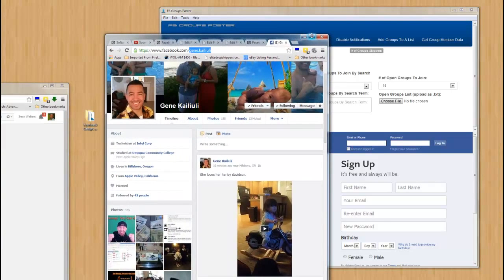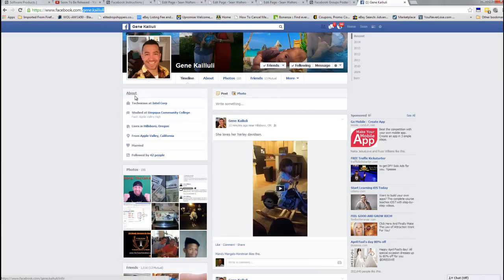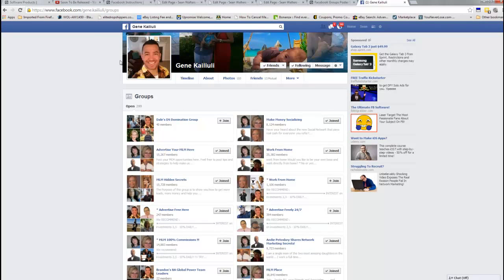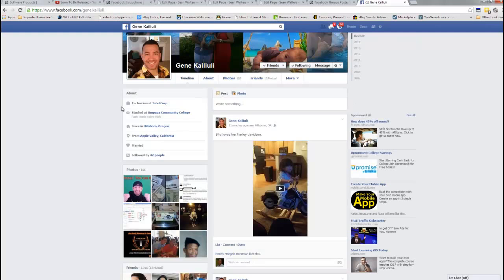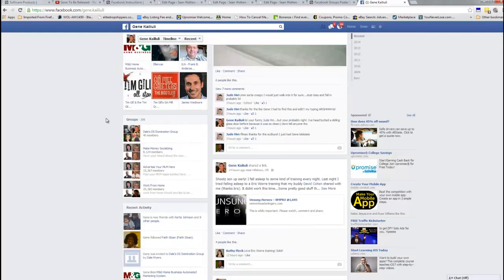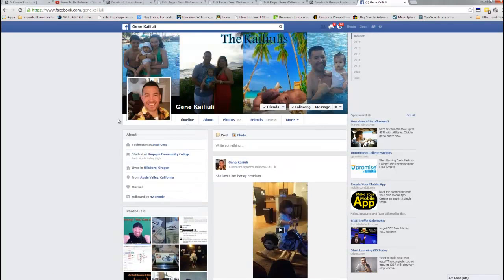So how would I find out what open groups this gentleman is a member of? You can do that one of three ways. One, you can come over here to the More tab, and it would have groups here if this is an option, if he's elected to have this option shown. That's one way. Another way would be to go back to his home page and scroll down on the left hand side, and you could see his groups here. That's option number two. Option number three would just be to type it in up here with a